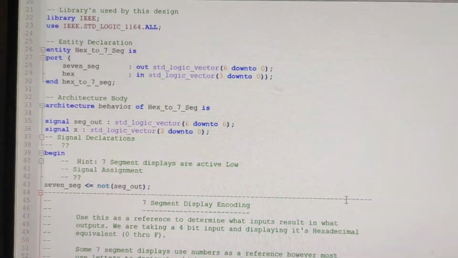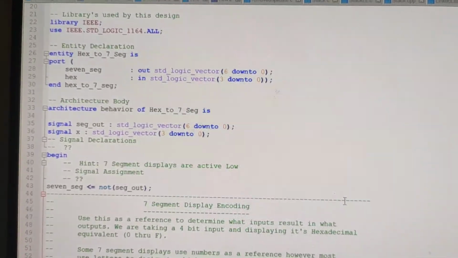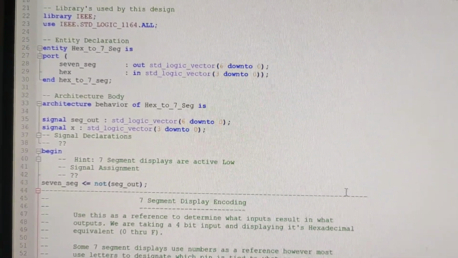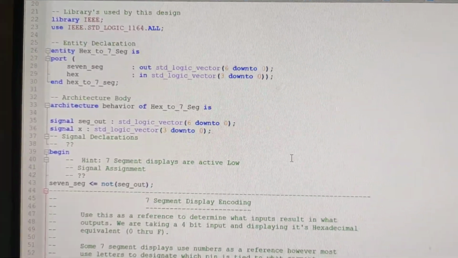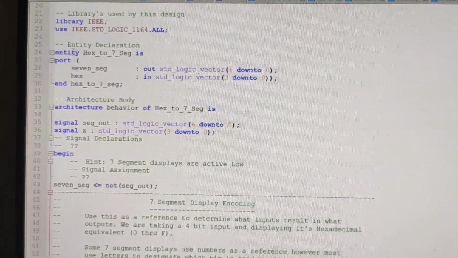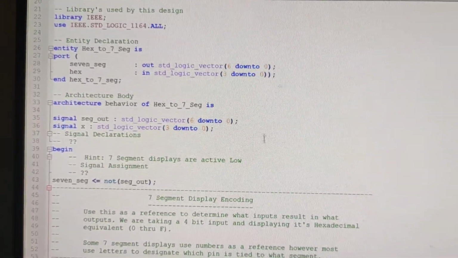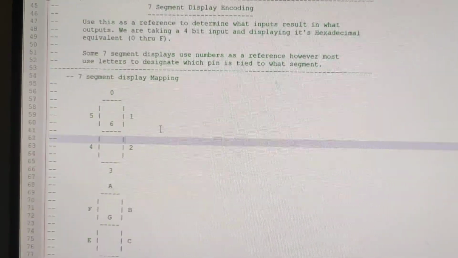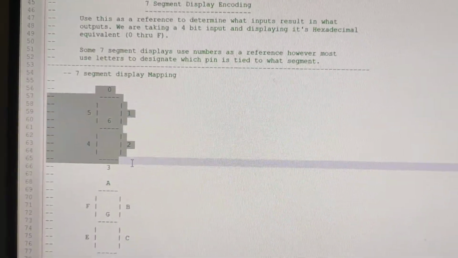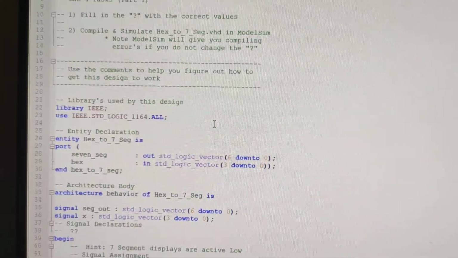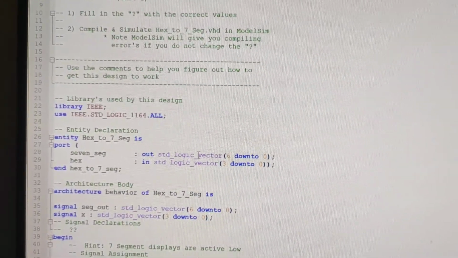Hi, this is Amay, and now we are starting the fourth lab, where we have to display a seven segment display. What we have defined is that we have created an entity and given the output. As we all know, our seven segment LED display has segments 0 to 6, so we require 7 bits for encoding on our board.